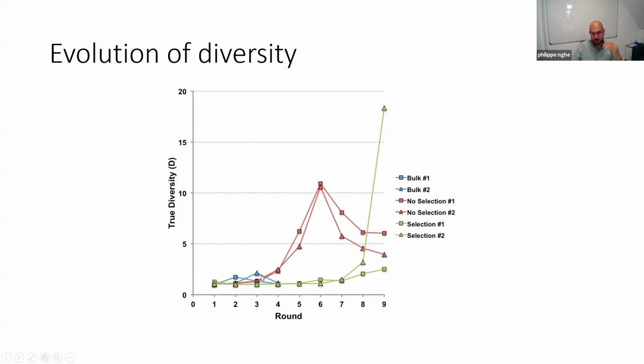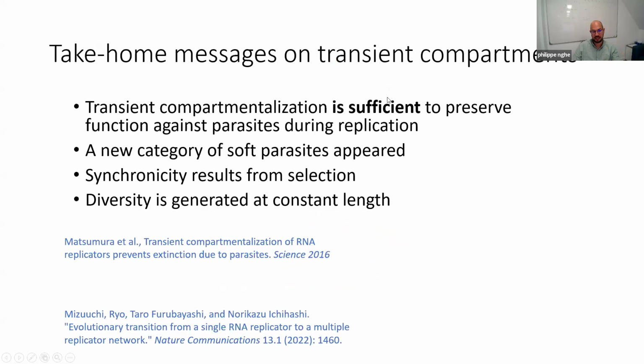So you see you have a little bump of diversity, which is due just to all the mutants. If you do selection in compartments, you have the same phenomenon, but amplified over time with a larger transient diversity that then collapses. And if you do it with selection, you have a very strong, very contrasting increase in diversity. So the take-home message here is that with transient compartments, it is sufficient to preserve function against parasites during